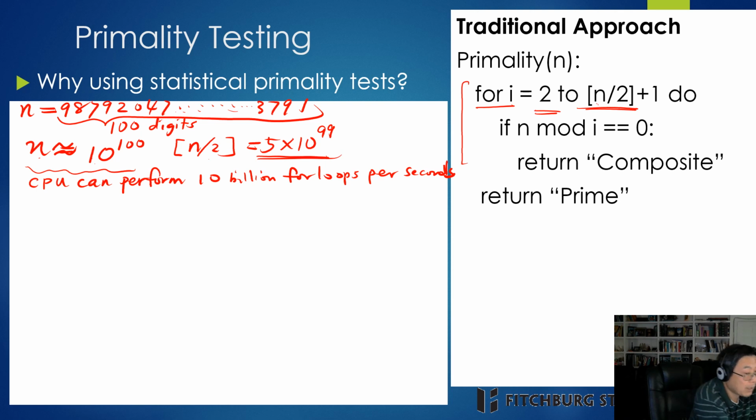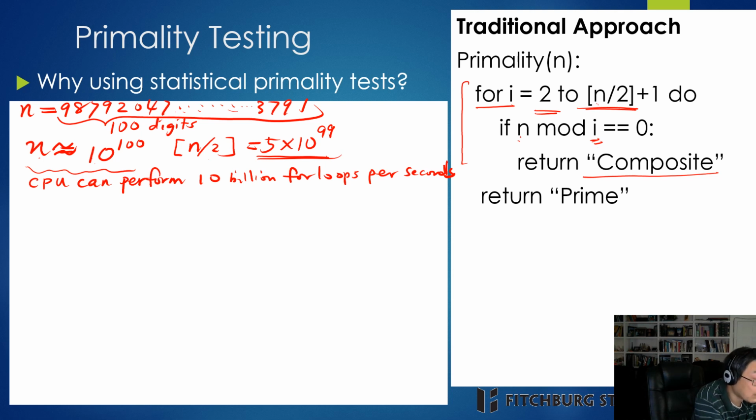If for a certain number i, which can divide n, so that means n mod i equals 0. That means n divided by i, and the remainder is 0. So that means i divides n. Then I stop the algorithm and return composite, right? Now, if none of the i can divide n, then in that case, I have